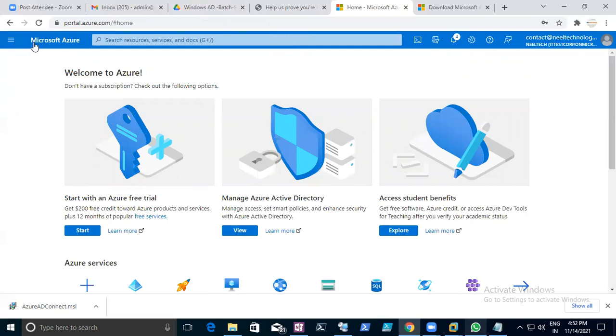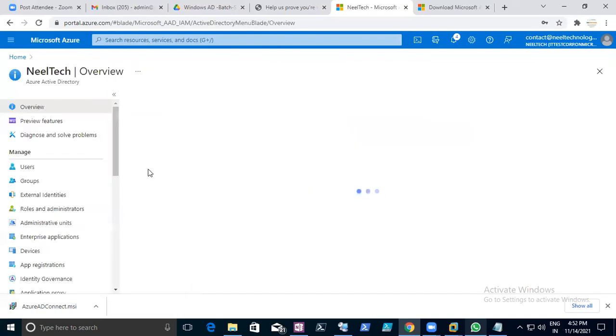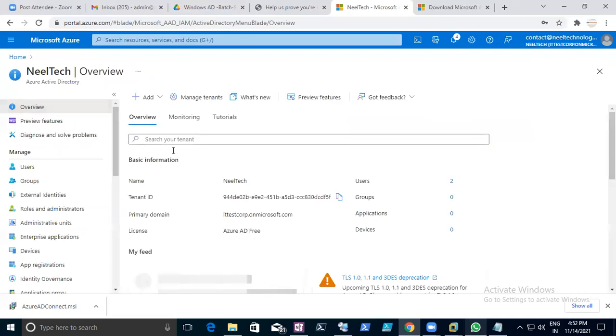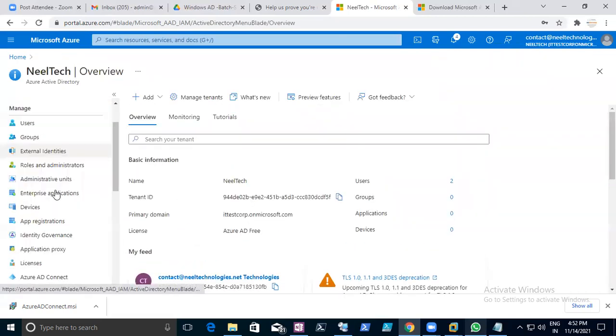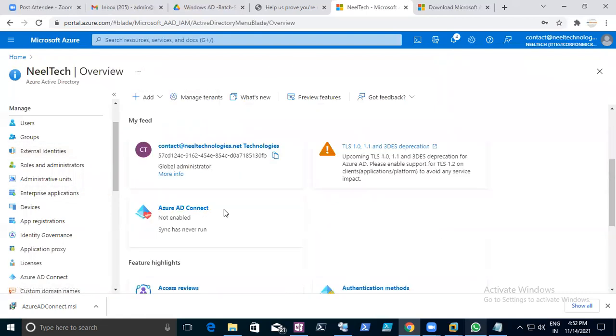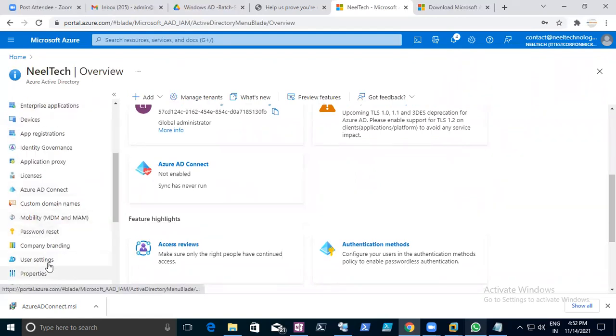What you need to do, go to this Azure Active Directory. Okay. Go to the settings. User settings.